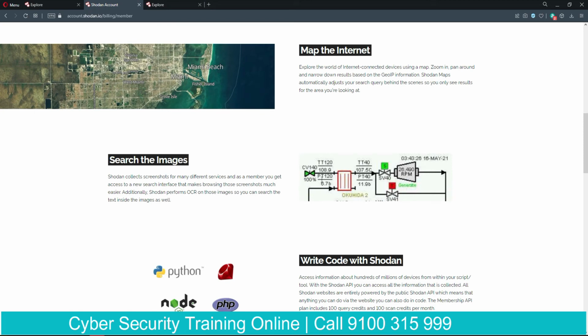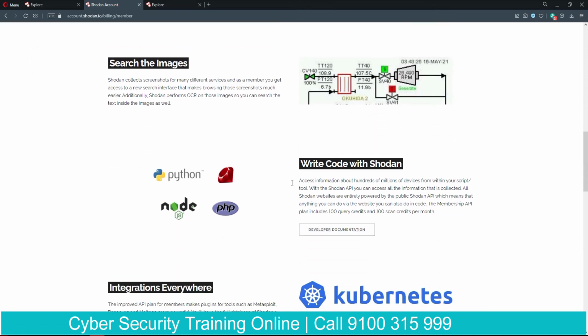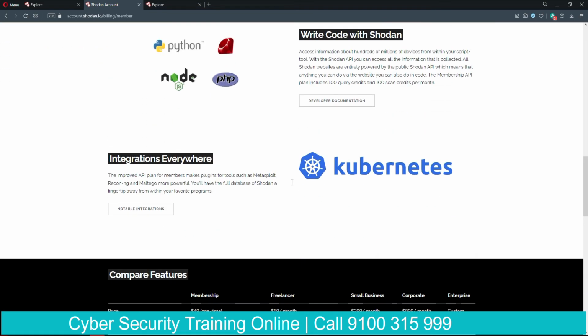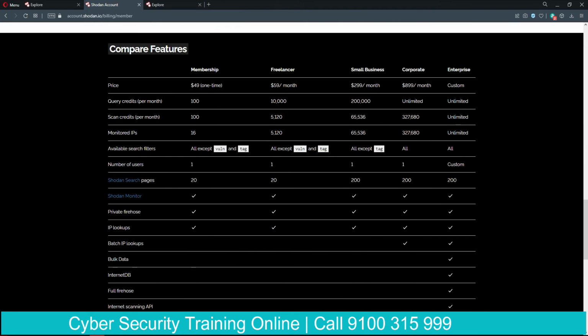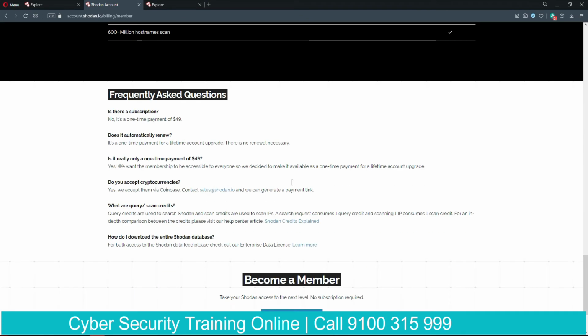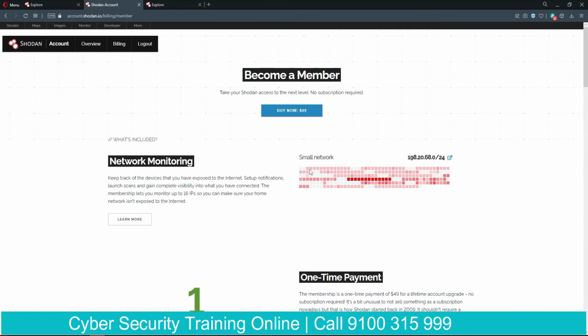You can search through images. The metadata in these images or the servers will be used as a filter. Okay, you can look at this FAQ if you have any more questions over there.